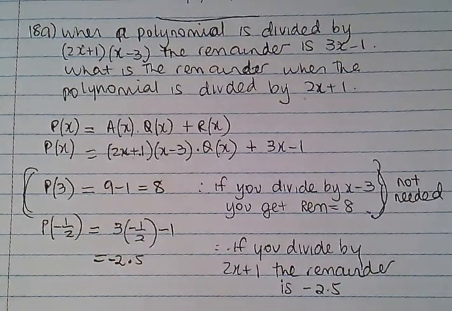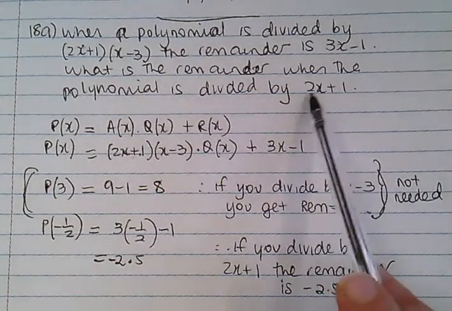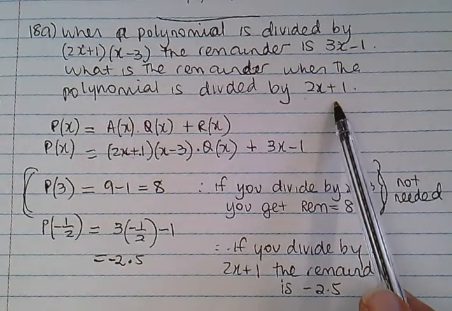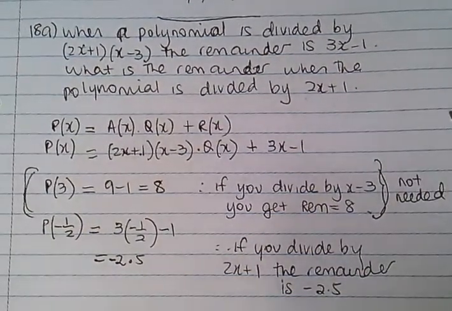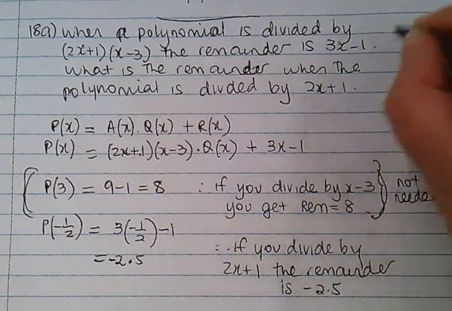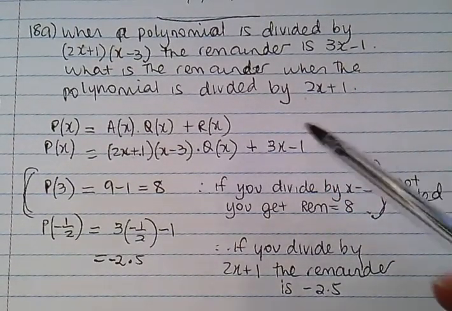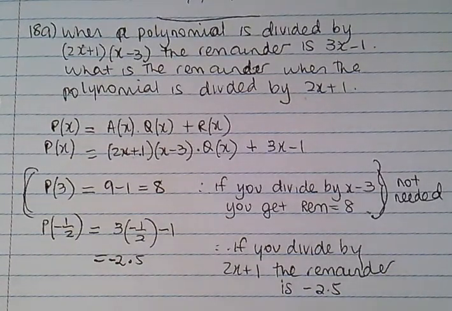Because if you want to divide by x minus 3 and get the remainder, you do p of 3. If you're dividing by 2x plus 1, you do p of negative a half. Because it's got to be in the form of x minus a. You know how it's got to be in the form of x minus a? Yeah. What about if you're trying to find a polynomial? You'd have to come up with some, that's not what the question is, to